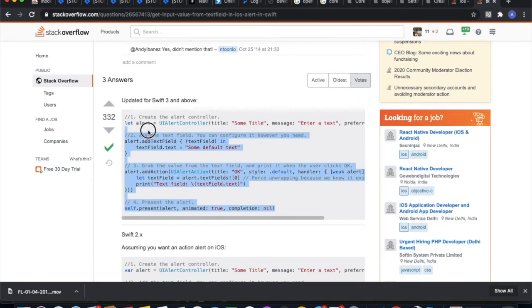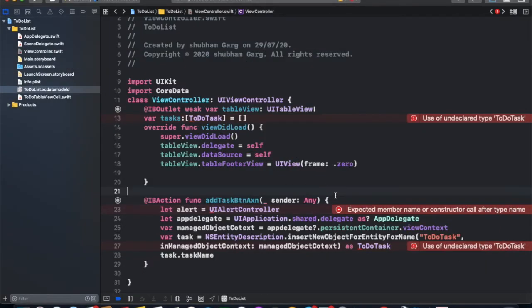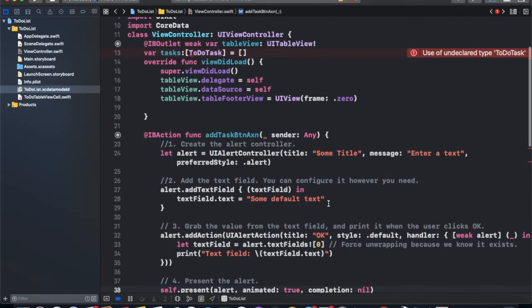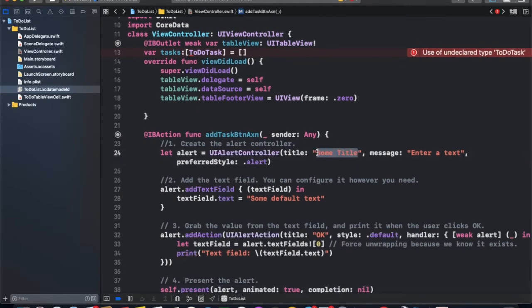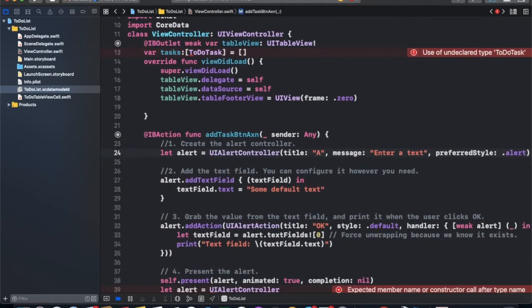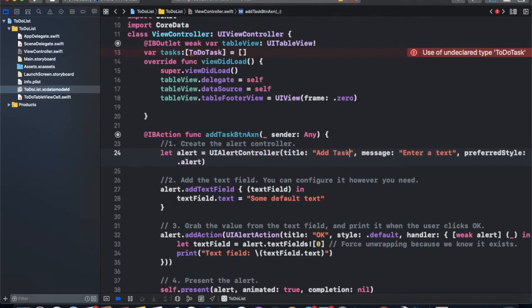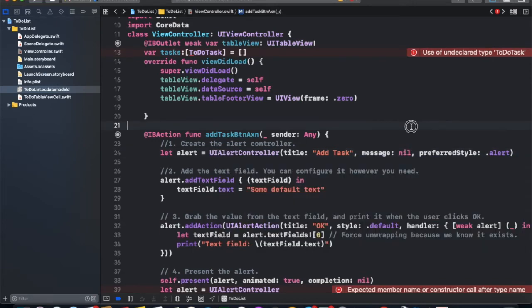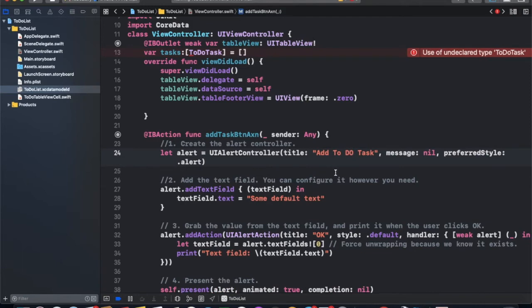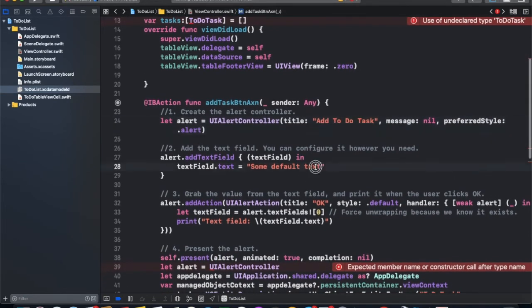So we don't need these things. You just copy it. Change title, add task, remove message, add new task, remove message, enter as a placeholder.